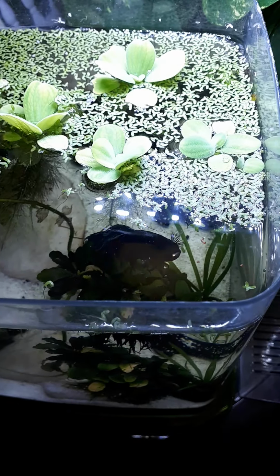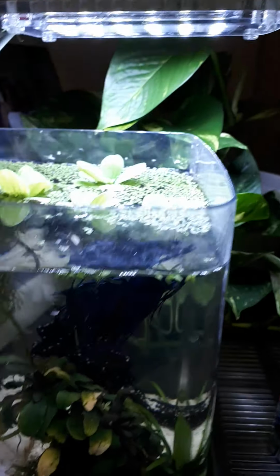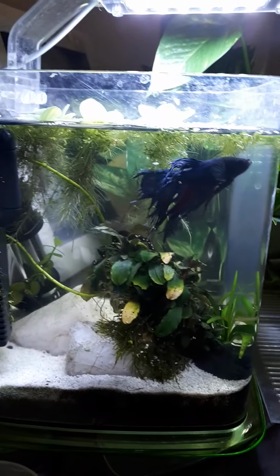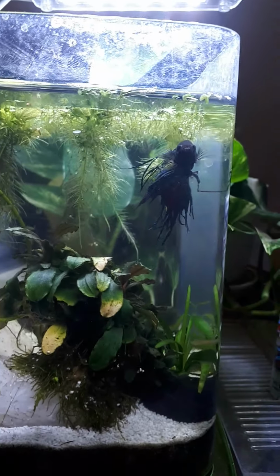Never overfeed your beta or any fish for that matter, but definitely do not overfeed betas, guys, because they tend to get bloated and they don't look so good. So yeah, this is my blue and red